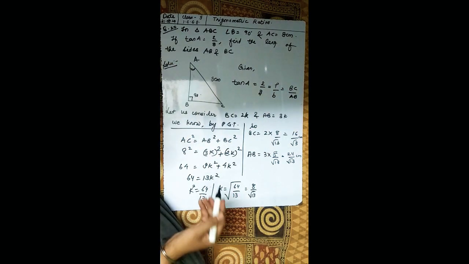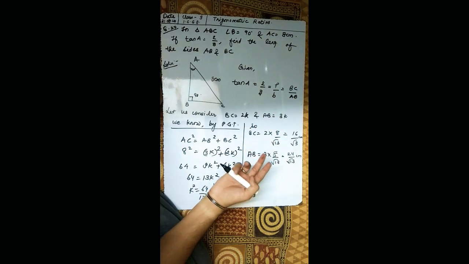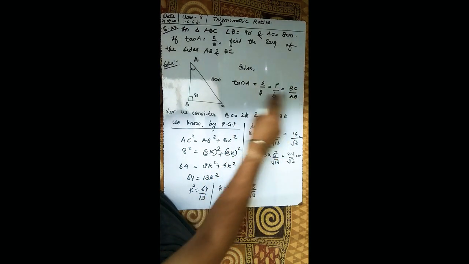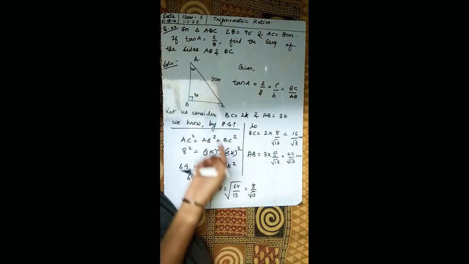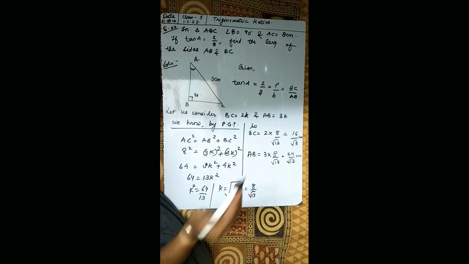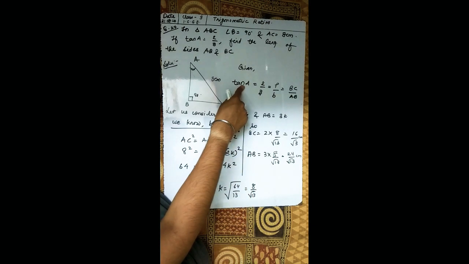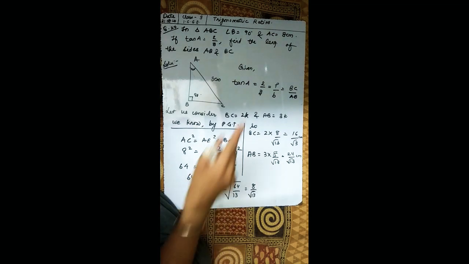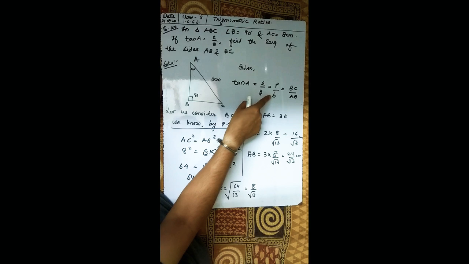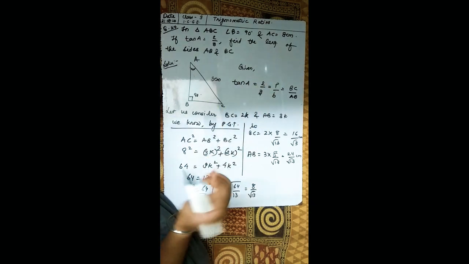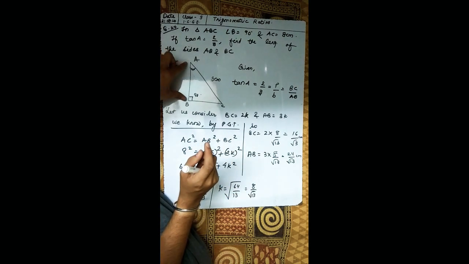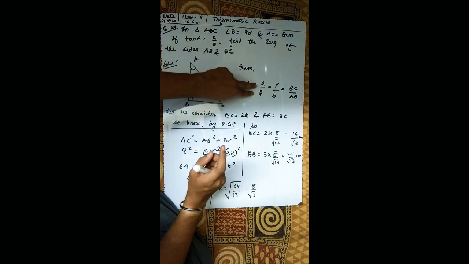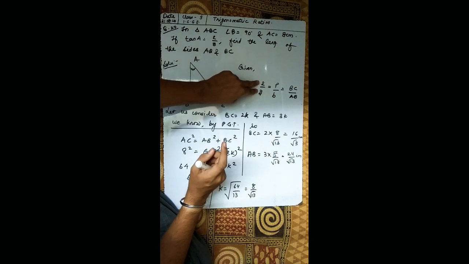Now one thing, you would be thinking that we can directly get the answer as BC is 2 and AB is 3, but no, this is not correct. The reason being that this is the ratio, the trigonometric ratio, but not the sides. Whatever you are given now, that is perpendicular upon base, is in terms of ratio, that is, what would be the ratio of this side to this side. This is not directly the sides we are given.